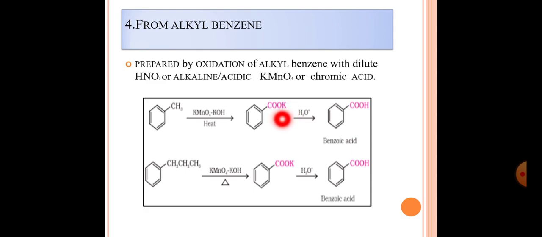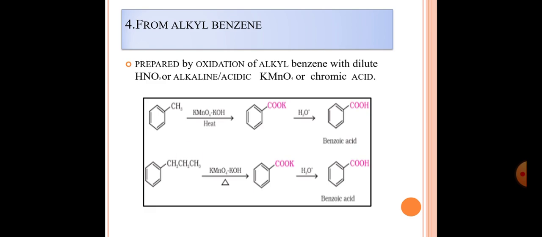If I take sodium here, then it is NaOH. If I had taken NaOH, then what should the salt be? Benzene ring C double bond O Na, that is the sodium salt of this alkyl benzene, methyl benzene. In this case, as we have taken KOH, which salt is formed? Potassium salt. And this potassium salt further undergoes hydrolysis and gives benzoic acid, C double bond O OH. So thus the acid formation will be there.